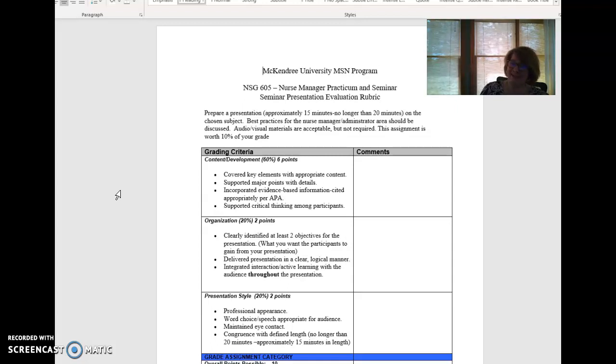So down to the nitty-gritty, we're going to make sure that all the key elements are covered as far as your particular topic, and you want to make sure that you're citing the references that you use, and you can cite those if you use slides or on your poster or audio visual. You also can say, if you're not using visuals in your presentation, if they're not necessary for your presentation, you can say what the references are, but the presentation itself needs to be based in the evidence that you're sharing